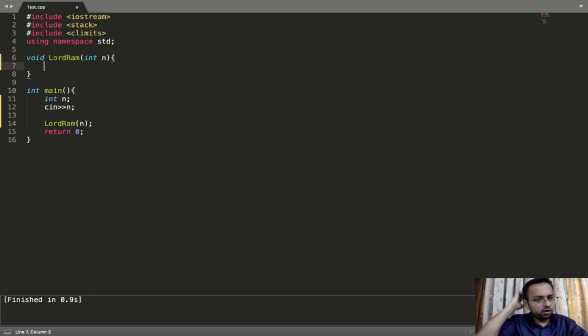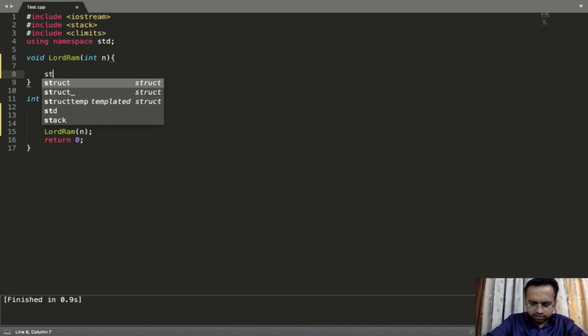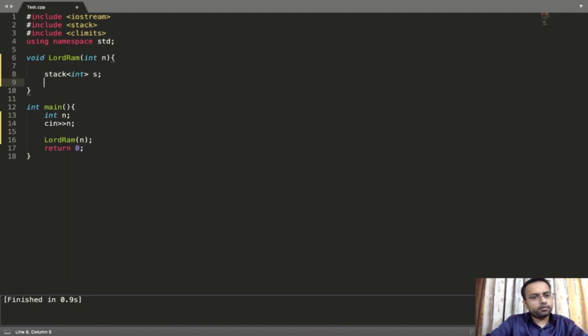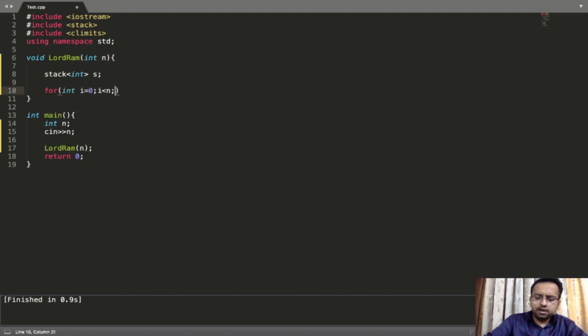What is going to happen now? We will take elements one by one. So I don't need to store it inside the array. I can consider elements one by one, and I can store it inside the stack. So we have one stack. We have created it. So I'll write for int i equals 0, i is less than n, i plus plus.